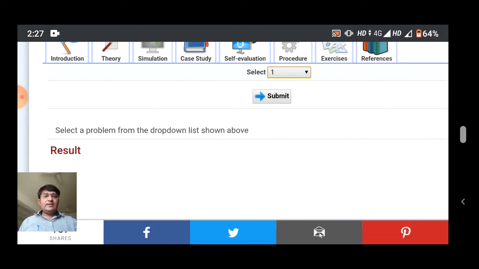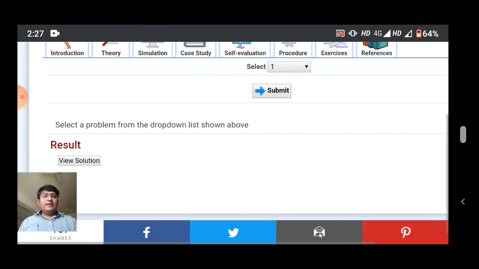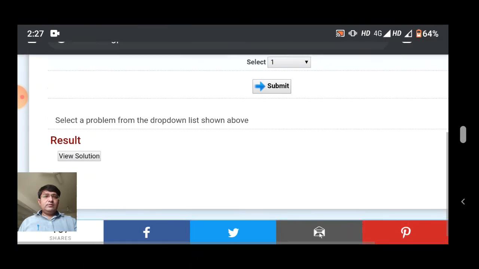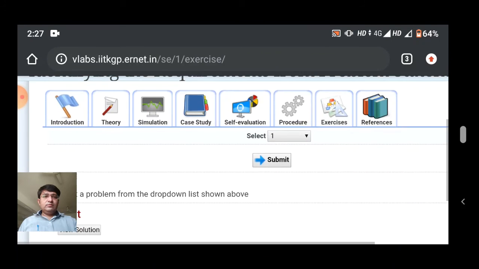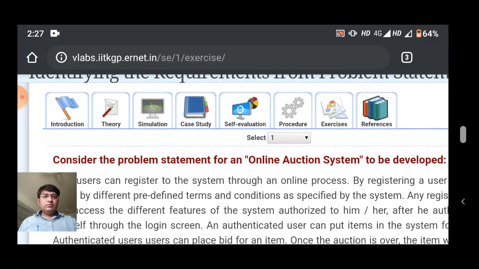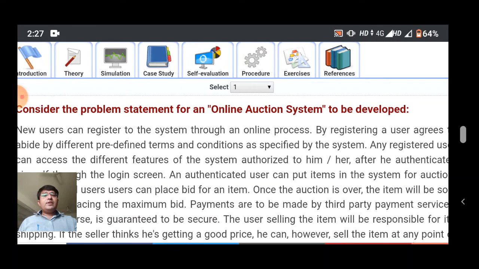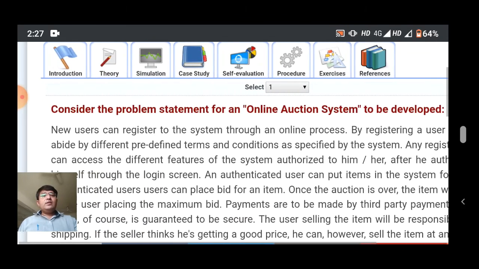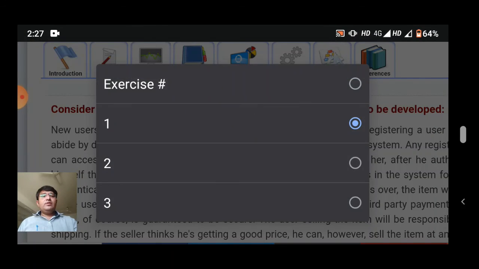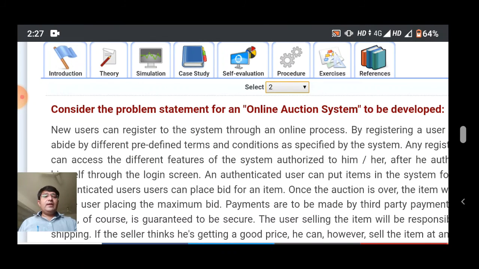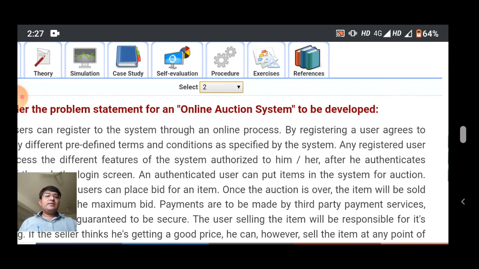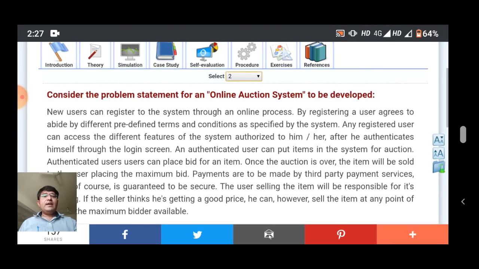You can click on exercise 1 and submit. This is the first exercise: consider the problem statement for the online auction system. In the same way, you collect the functional as well as non-functional requirements for the online auction system. Just click on the second exercise, and by clicking on it, the second exercise will be displayed.